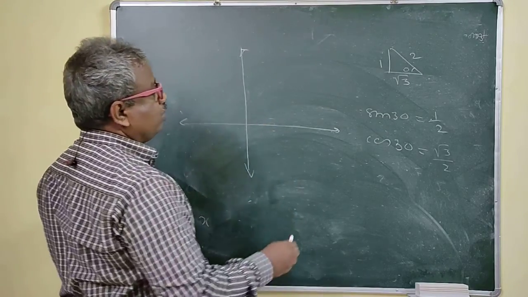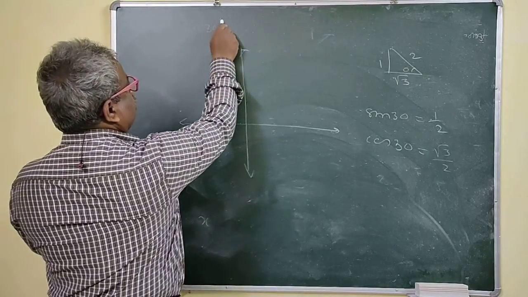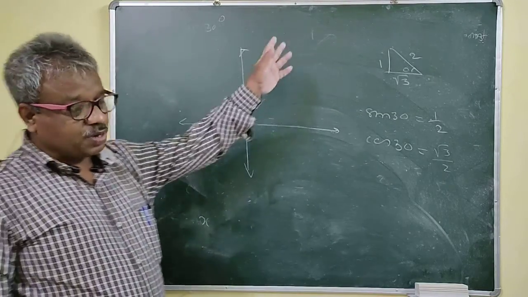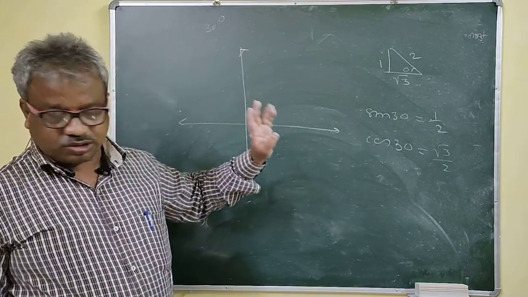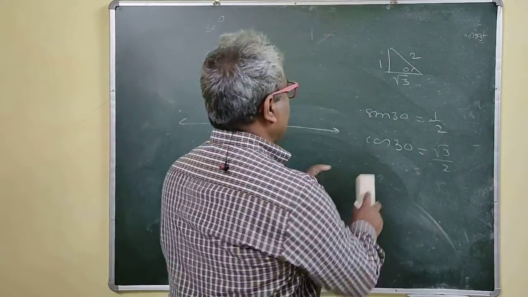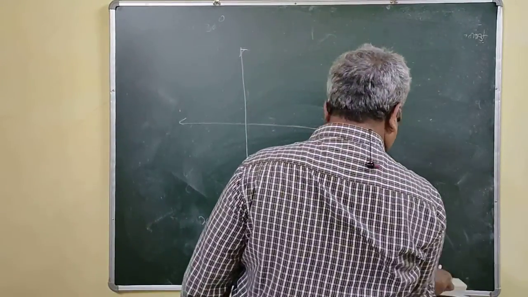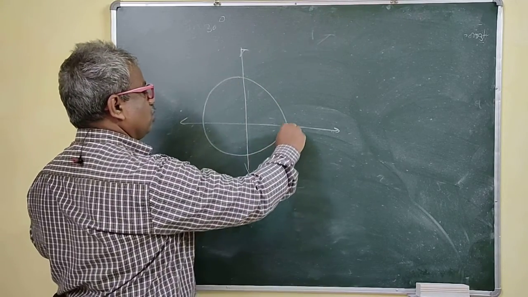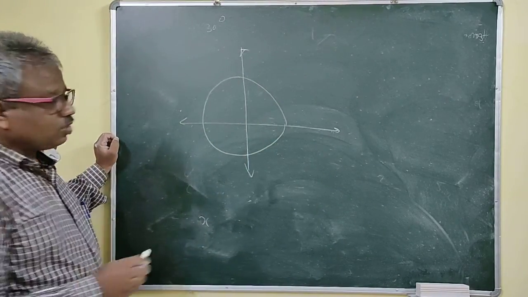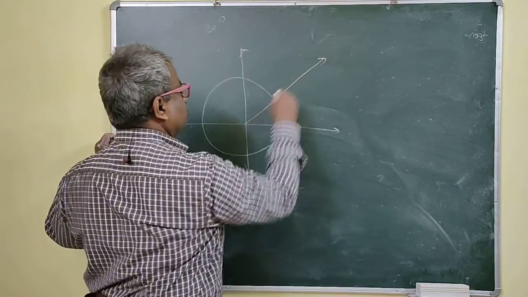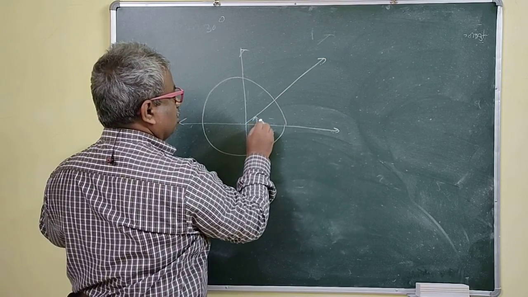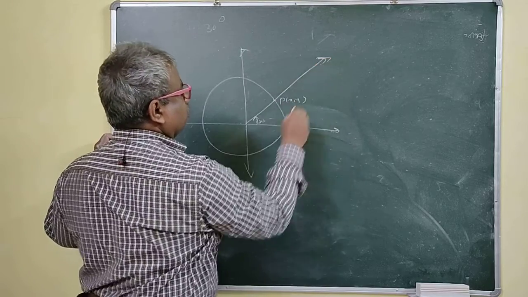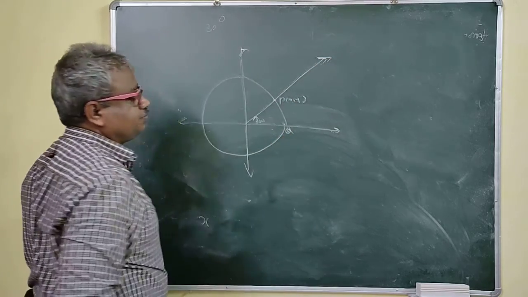So we'll now find all trigonometric ratios of angle 30 degree. That means you have to find all 6 trigonometric ratios. What we will do is consider a standard unit circle. Suppose this is the angle 30 degree, this is your P(x, y), and suppose this is Q.